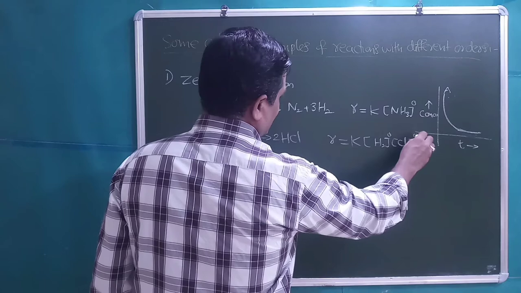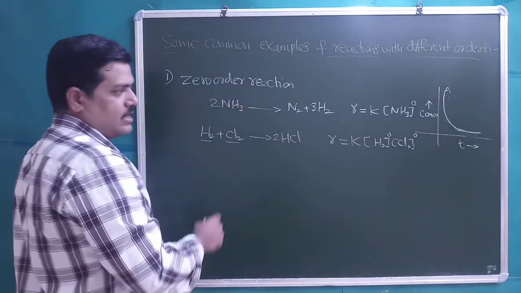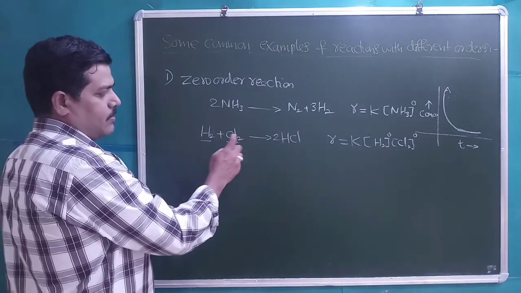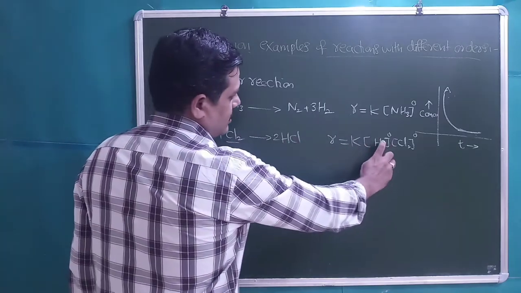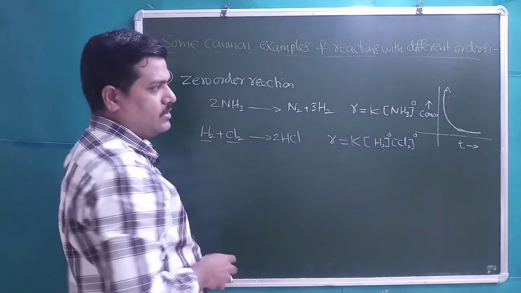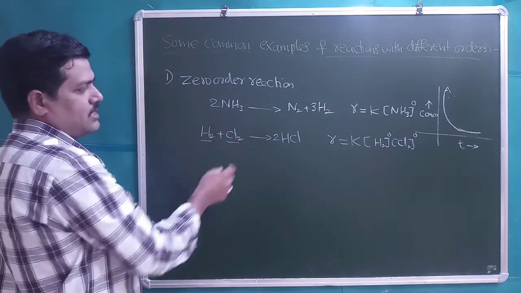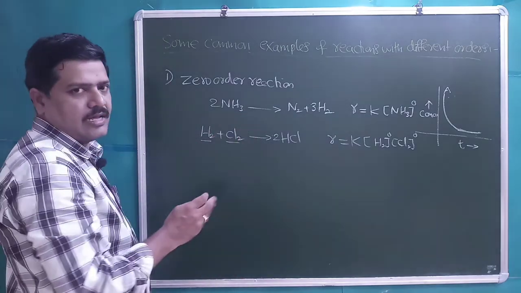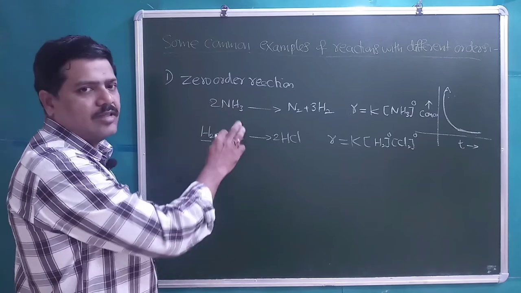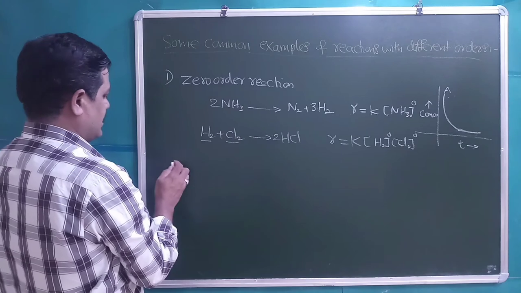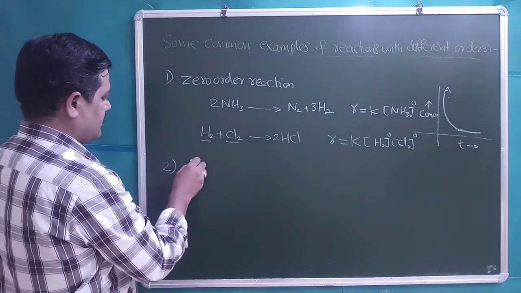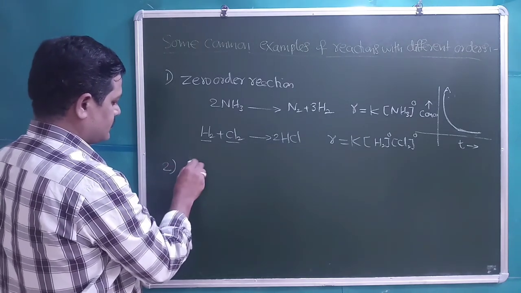It is experimentally determined that the rate of the reaction, this combination of H2 and Cl2 to give HCl, is independent of the concentration of H2 and Cl2. By seeing the equation, students, we cannot determine that order. In the questions also they won't ask what is the order of the given reaction. And for the first order reaction,